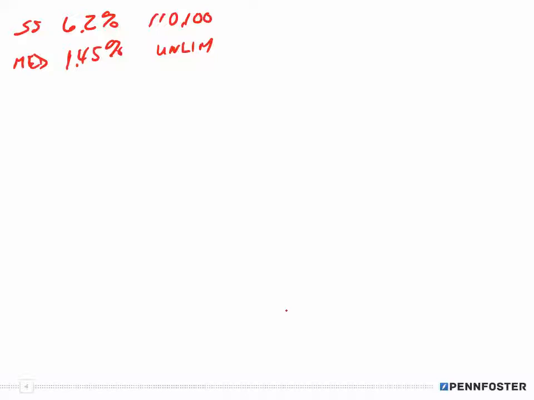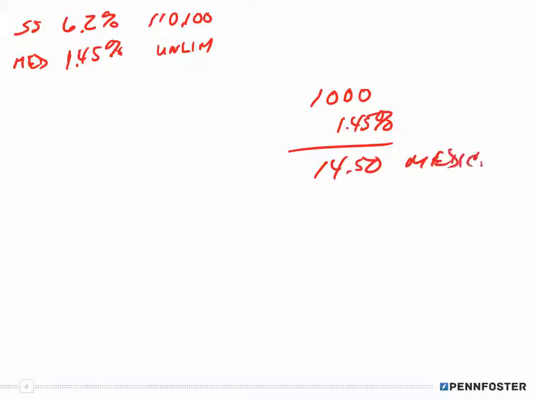Right? And what that means is that no matter what you're paid, you're going to pay 1.45%. So if I'm being paid $1,000, I'm going to have deducted 1.45%, or $14.50. That's going to be my deduction for Medicare. And each and every paycheck, I'm going to have that 1.45% deducted. Okay? That's relatively simple. But now,